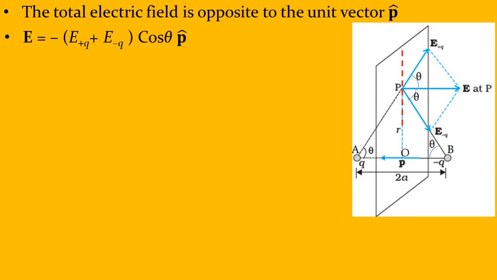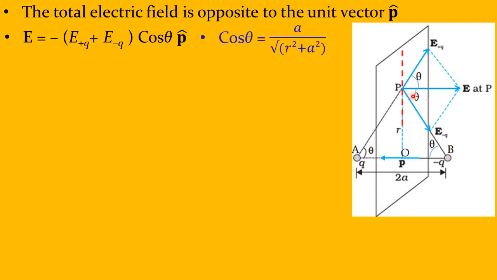Now let us see what is this theta and cos theta. If angle PAB is some angle theta, then from geometry you will see that the angle E plus Q to P and E, this is also theta, and the angle